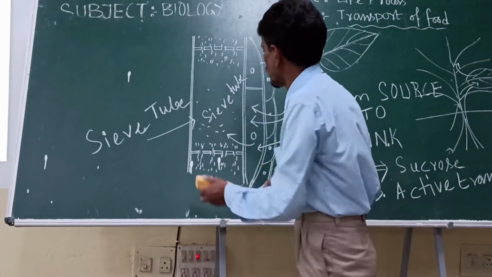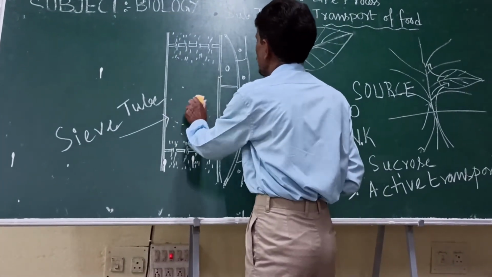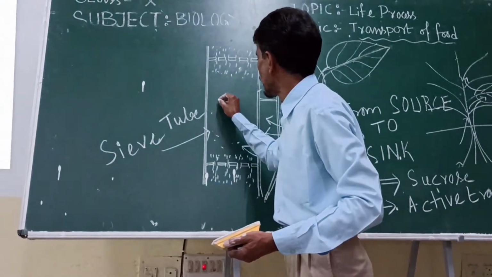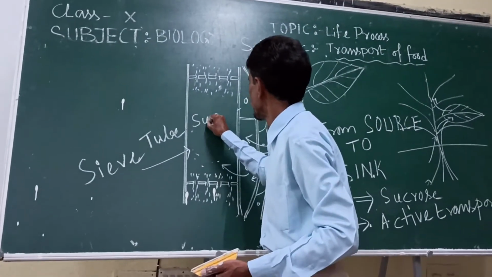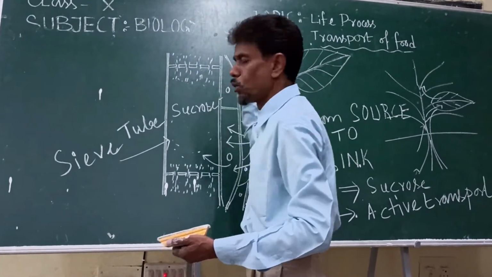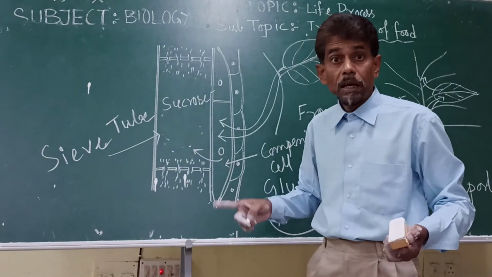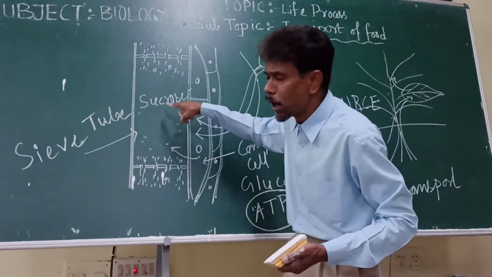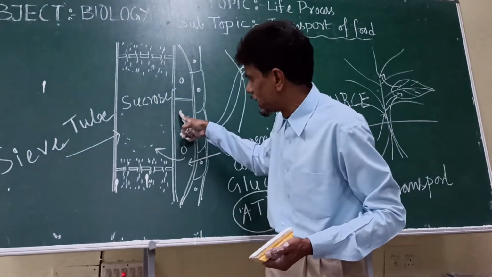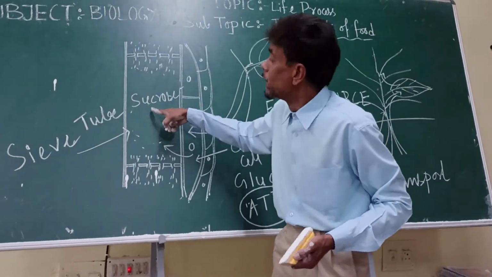So if I rub the sieve tube here, what is that? What has moved, came to here, loaded here? That is sucrose. Sucrose. Okay. Now, due to loading of sucrose here in the companion cell, from the companion cell to the sieve tube,